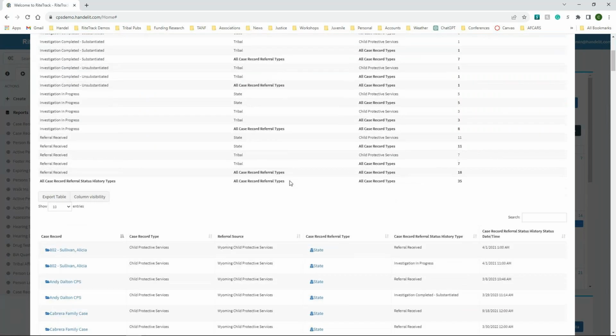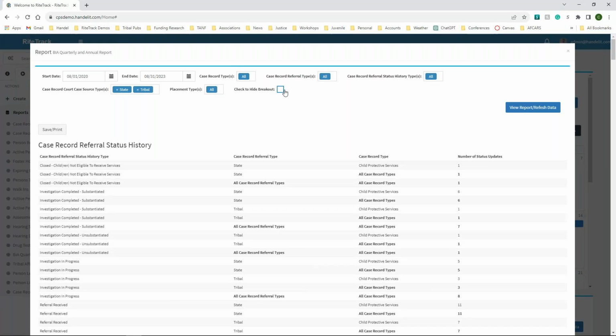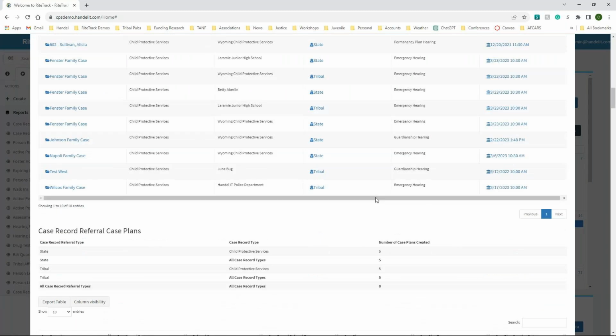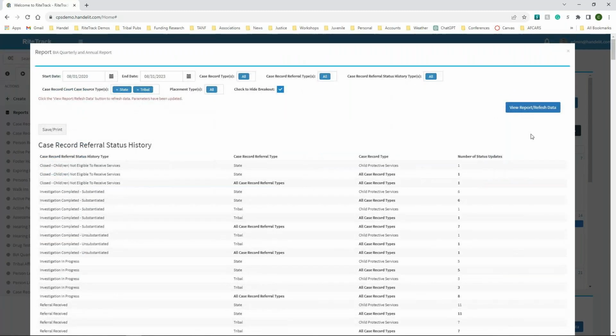And I'm not going to do that right now. Oh, actually, we are looking at the breakout. We're going to hide the breakout. It is there now, but it creates a 4-page report, and I don't need to see the breakout, so I'm going to refresh and hide that. And what we're going to get now is information about the number of referrals you've received, the number